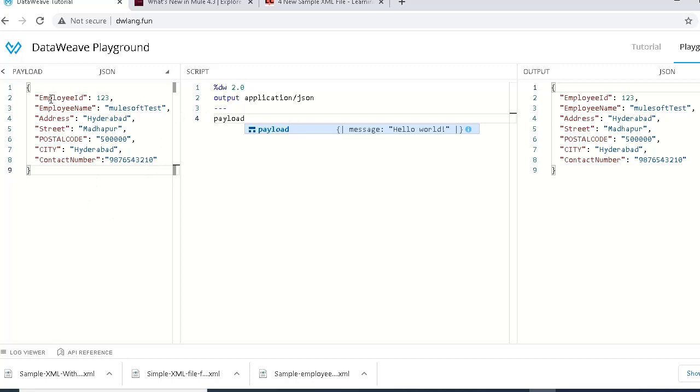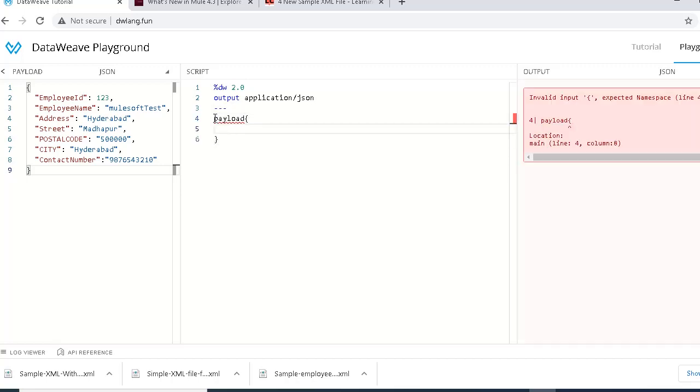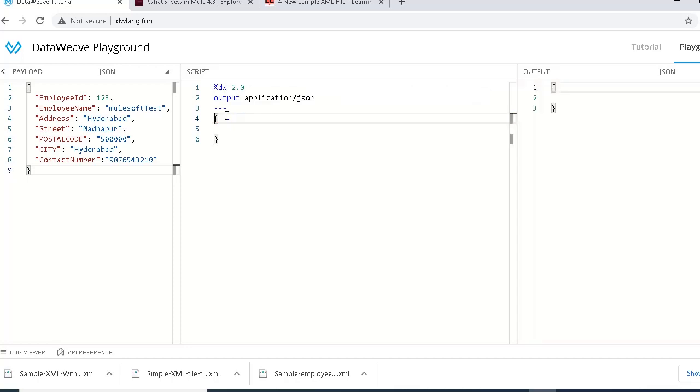Now I would like to fetch only the keys of this particular JSON response. To do that, I'll create one key.